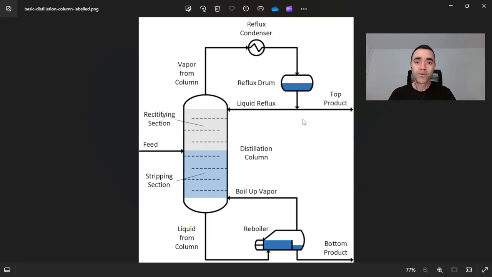Now that you know how a distillation column operates, what is the reflux ratio? The reflux ratio, in simple terms, is the amount of flow that returns to the column divided by the amount of flow that is retrieved or withdrawn from the column. This number can be above 1 or below 1, but there are some restrictions related to the operation of the column that are easier to understand if we go to the distillation graph.